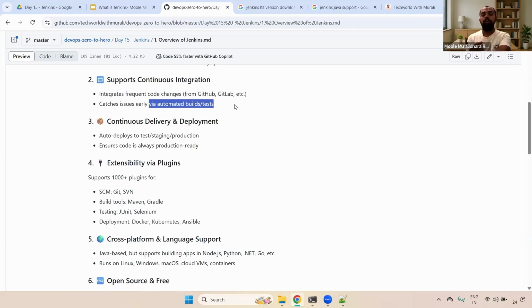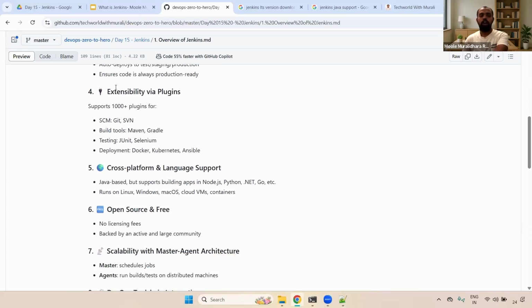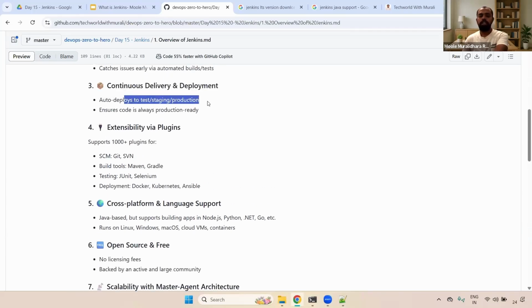And we can immediately know, once the developer has written the code, whether it is working or not. We can easily catch what errors are occurring, and whether it is a developer issue, a DB issue, or a DevOps issue, we can easily identify it and fix it quickly. And continue the delivery and deployment,